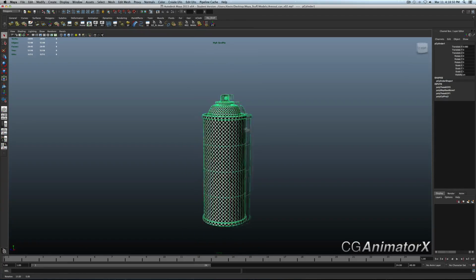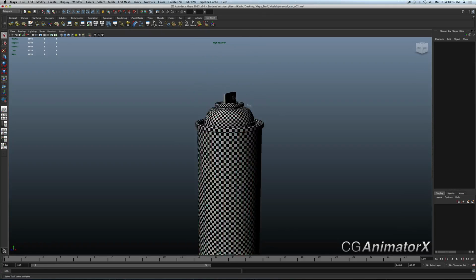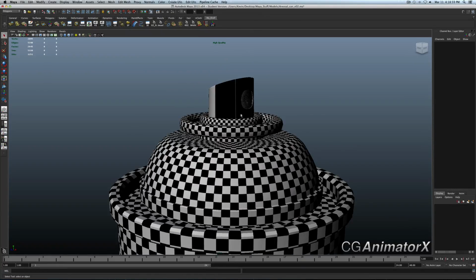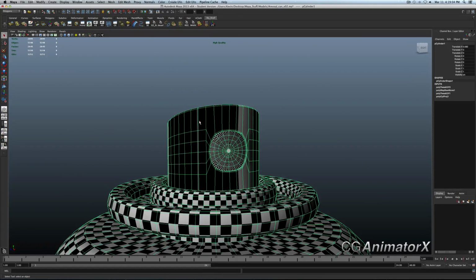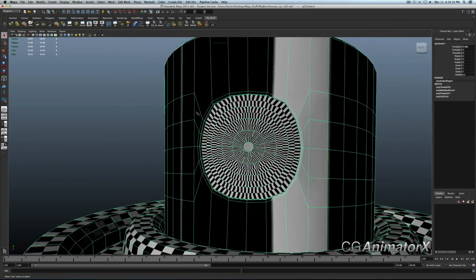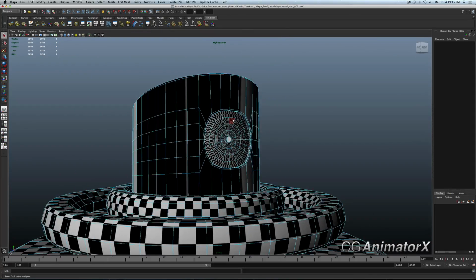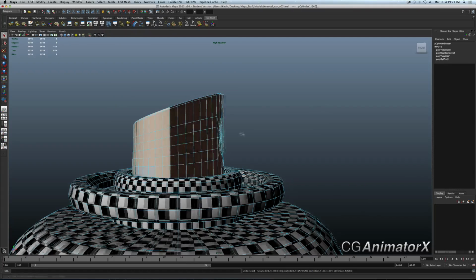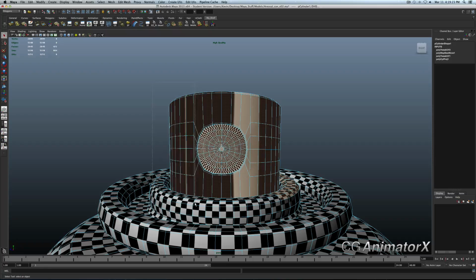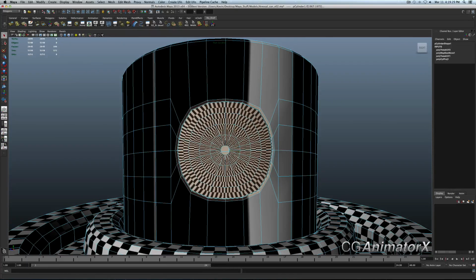Alright, so I've gotten to a good point where I've unwrapped pretty much most of the object. I still have the top to do, but I'm going to leave that to do myself. So, I'm just going to briefly go over what I would do. Just cylindrical unwrap this, and then for the circle area, I probably wouldn't go too crazy on it. If you want, you select all the faces. Here, just for demonstrative purposes, I'm going to select all of the faces here, and then deselect ones that I don't need. So I'm going to deselect all those, and then I would just do a planar map